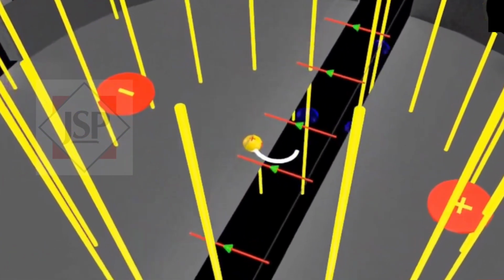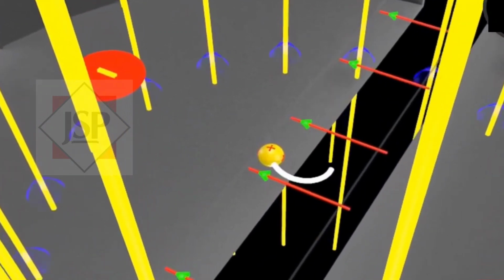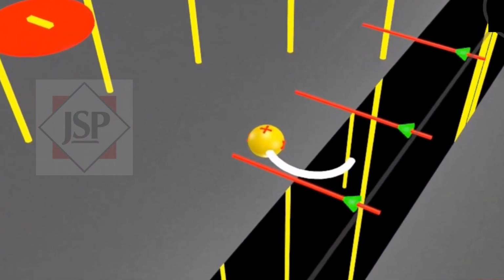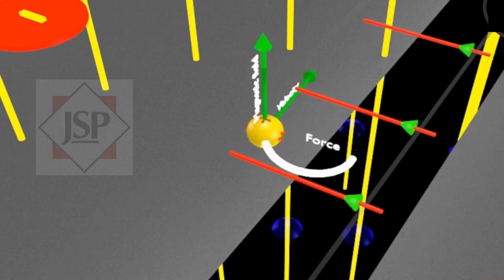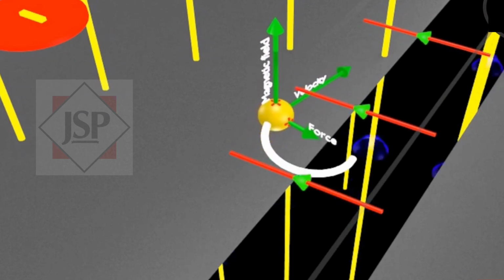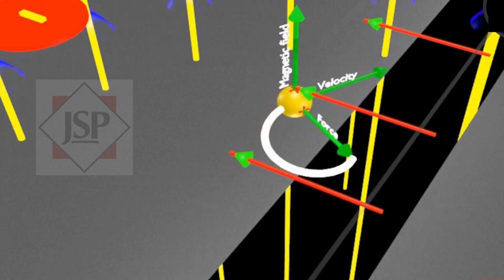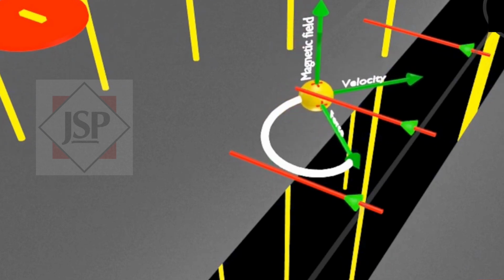As we know, according to Gauss's theorem, the electric field inside a conductor is always zero. Therefore, now the positive particle inside a D is only under the influence of the magnetic field and the velocity which it gained before, with velocity perpendicular to the magnetic field. Therefore, according to Fleming's left-hand rule, a force starts acting upon it and the positive particle in the magnetic field starts turning in a circular path with zero acceleration.